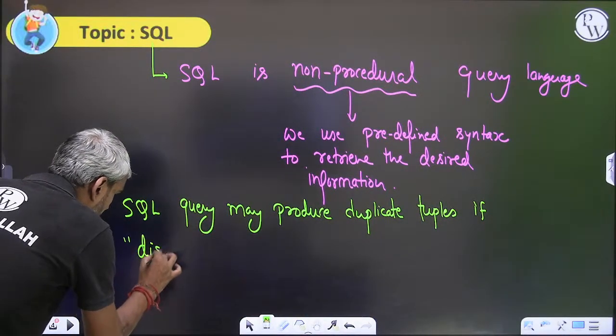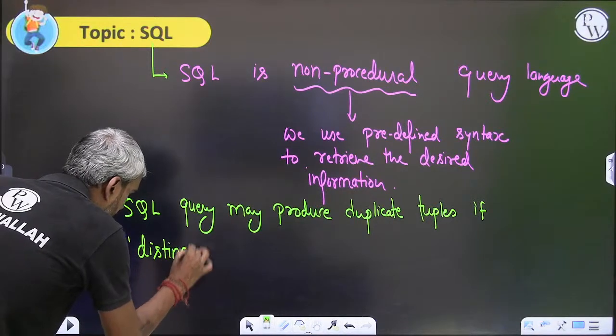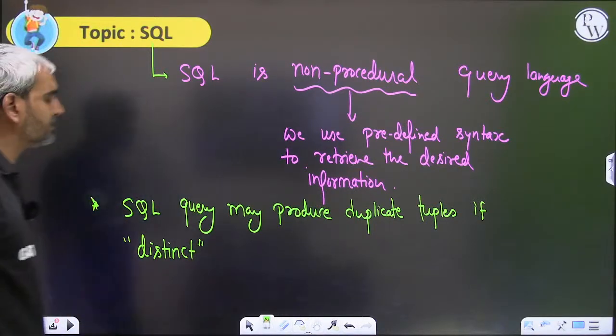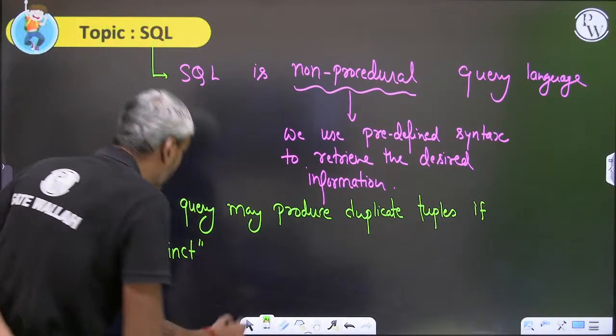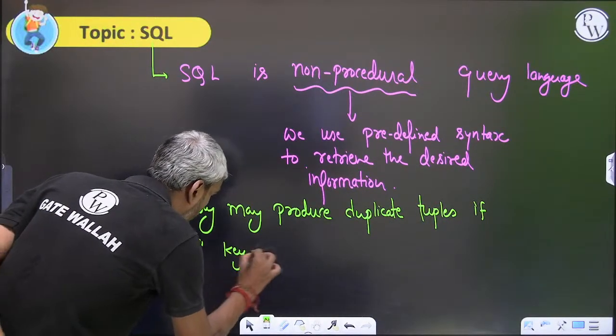There is a keyword distinct. If at all you want to produce distinct tuples in the output, you will have to use the keyword distinct. If the distinct keyword is not used,